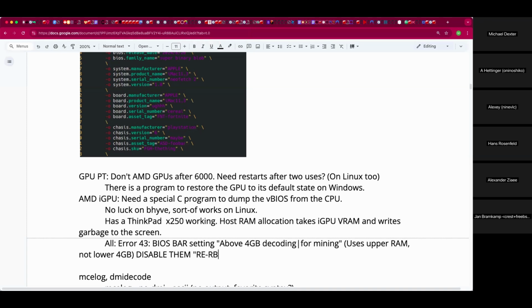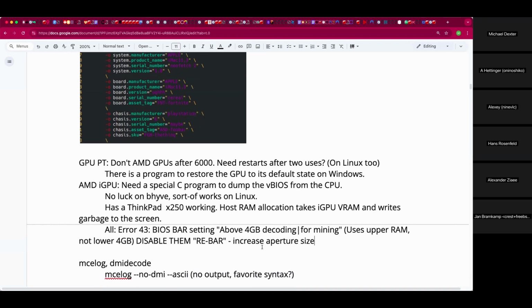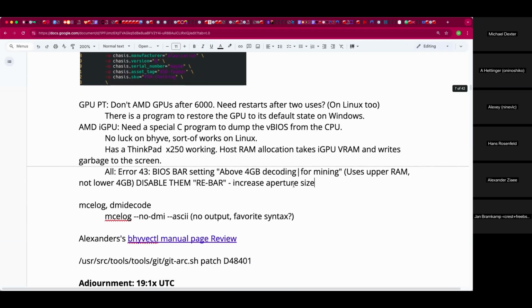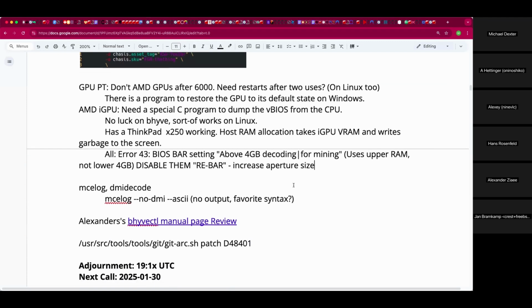That allows you to increase the aperture size from the limits of, I think, 1/4 of a gigabyte or 1/2 gigabyte to the real memory you have on your GPU, like up to 24 gigs on a big gaming system. Okay. And then you need that much memory mapped space.